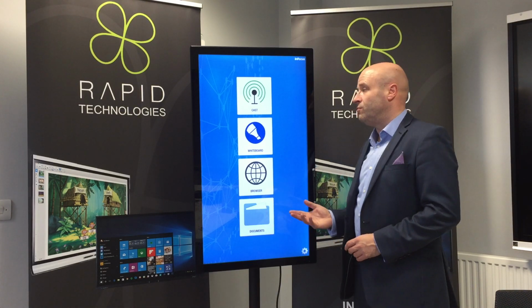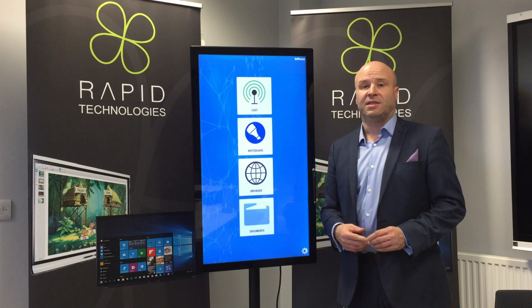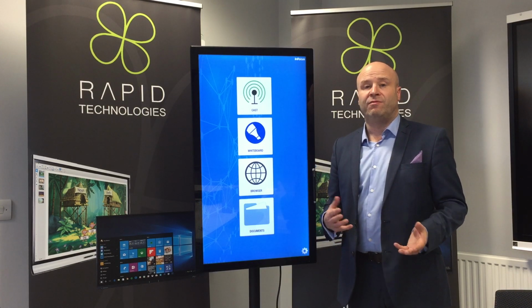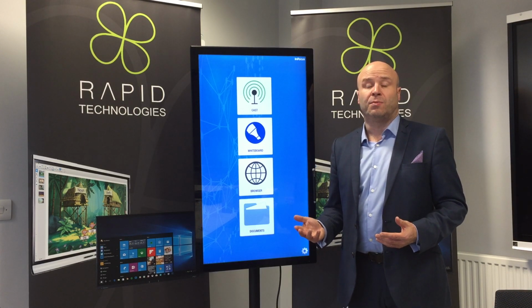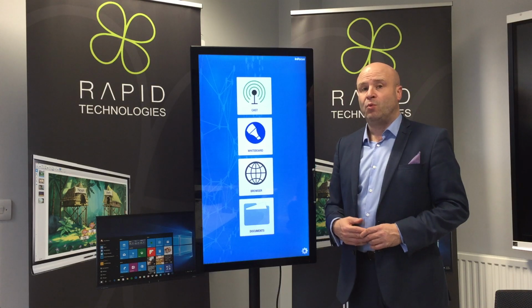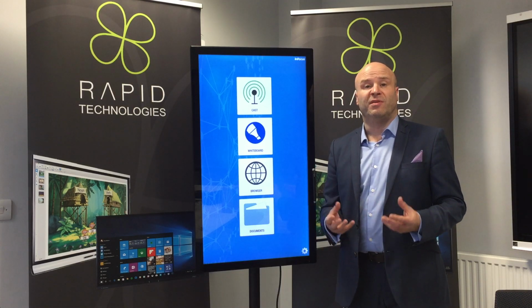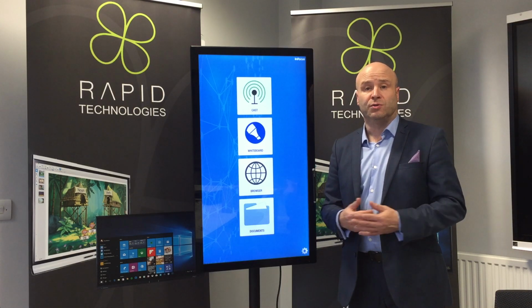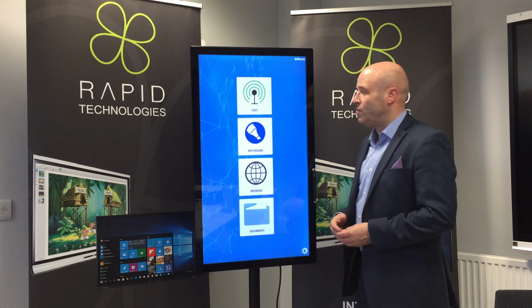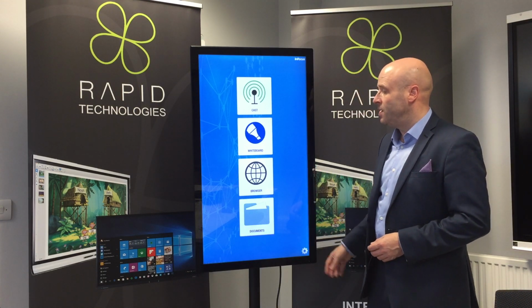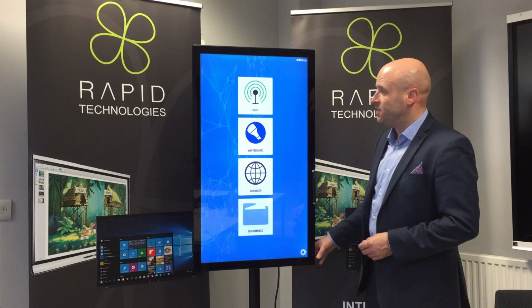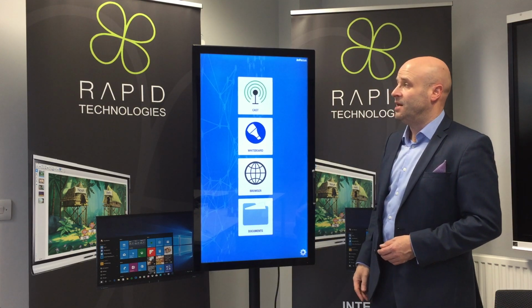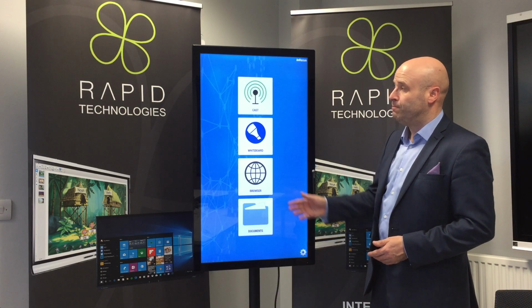Right now I'm stood in front of the DigiEasel, which we're very excited about here at Rapid, which is a 40-inch LED capacitive touch screen which has a built-in module for a number of different applications that your users might find useful. So right now you can see as I've come into the room, switched it on, and we've got it currently presenting in what we call the portrait